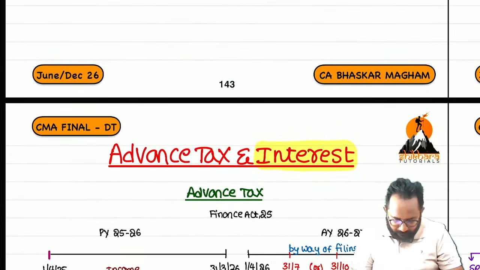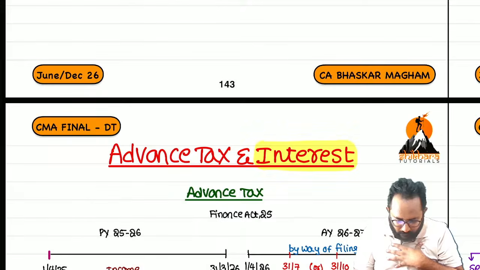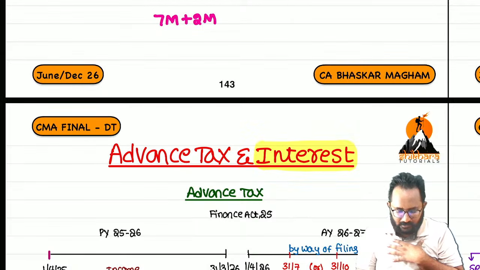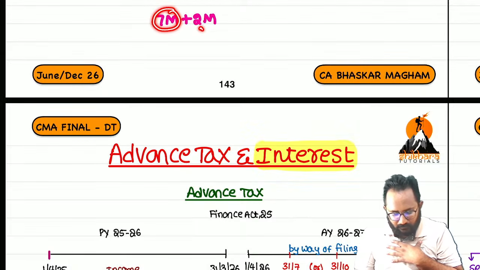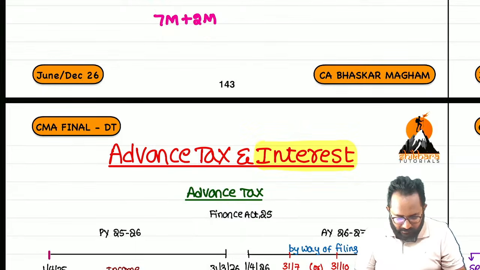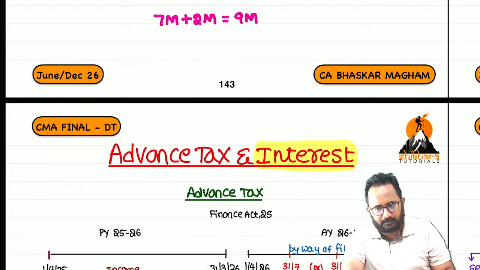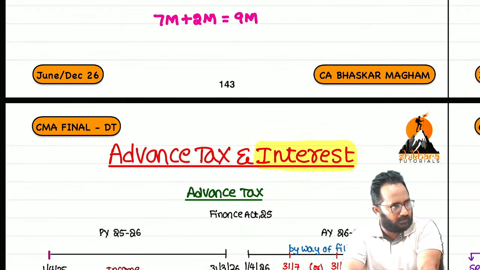So what is the expected weightage? Confirm you will get one 7-mark practical question, and there is a chance of getting one MCQ. But if they give the complete 7-mark question, maybe they can skip the MCQ. Overall we can expect 7 to 9 marks weightage from this chapter, and it is a very easy and small chapter. You can easily score the full marks in the practical question also.